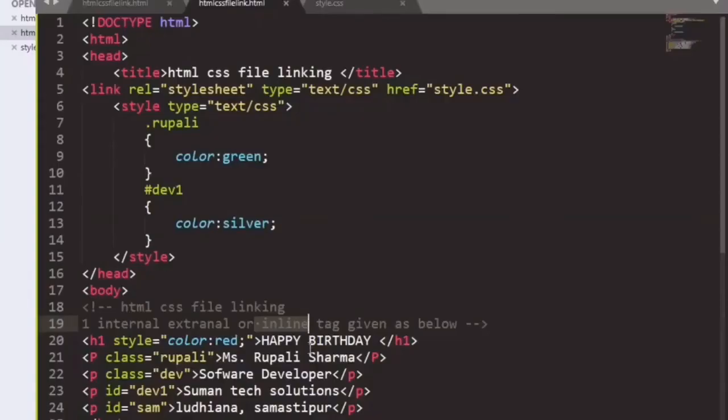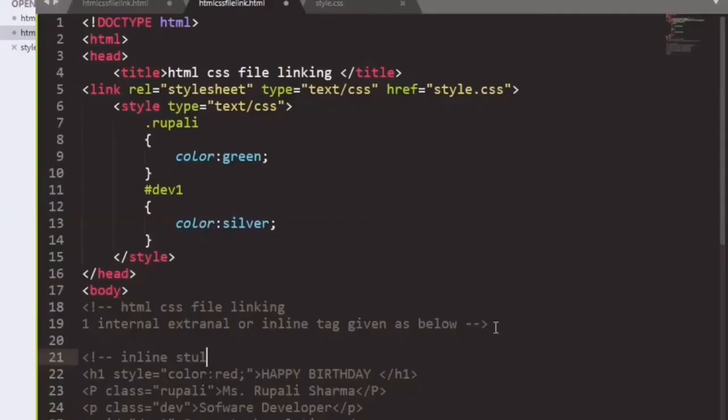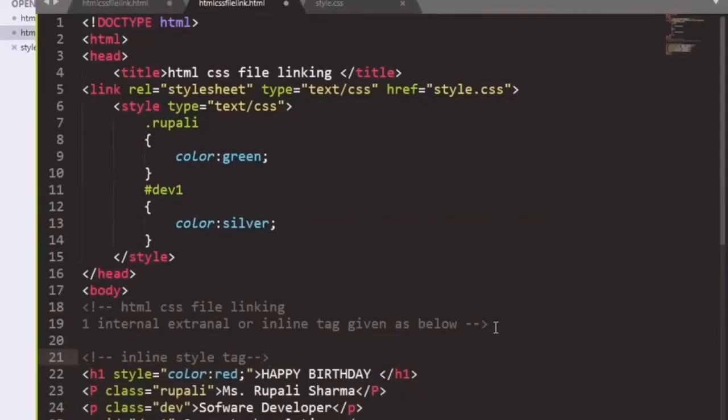So in inline tag, the inline style tag is declared under this.